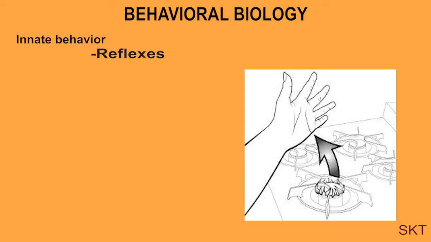Latent period means the time lag between the application of the stimulus and the observation of its effect in the form of a response. Examples of reflexes are the knee-jerk movement, blinking of eyes, or withdrawing the hand upon touching hot objects. There are two different types of reflexes: tonic reflexes and phasic reflexes. Tonic reflexes are long-lasting adjustments that maintain muscular tone, posture, and equilibrium, whereas phasic reflexes are short-lived adjustments such as contraction responses. Examples of phasic reflexes are blinking and sneezing.